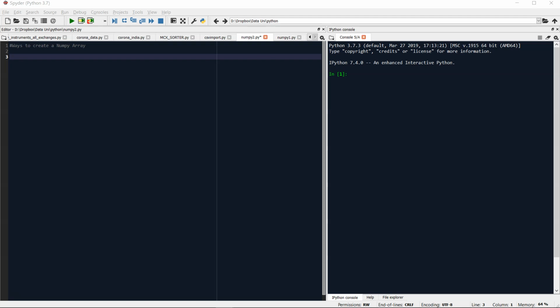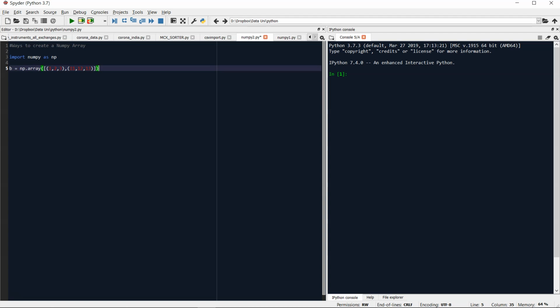Okay, so now let's get started with ways to create a NumPy array. The first way to create a NumPy array is using a regular Python list or a tuple with the array function. We used the np.array function in the last program. But initially, the first thing that you have always got to do is import NumPy as np. Once you do that, now what you can do is